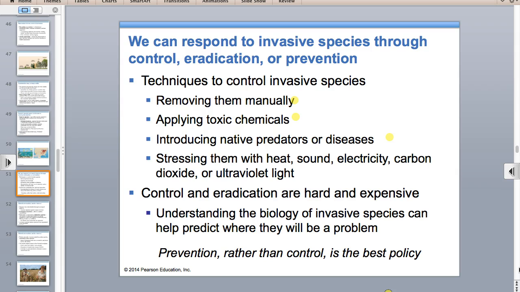Guess what happens when you just willy-nilly introduce another species to control a species that's already out of hand? Yeah, what it's called is non-target effects, and it's called biocontrol. You're bringing in a predator of something, and maybe that predator of zebra mussels might like those native mussels a little bit better. Maybe those taste a little bit better, so then you're going to have a problem, right? So this is kind of hard to do.